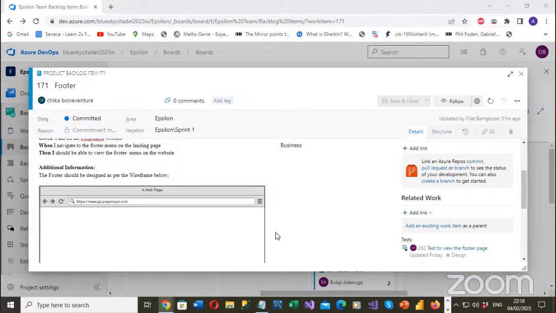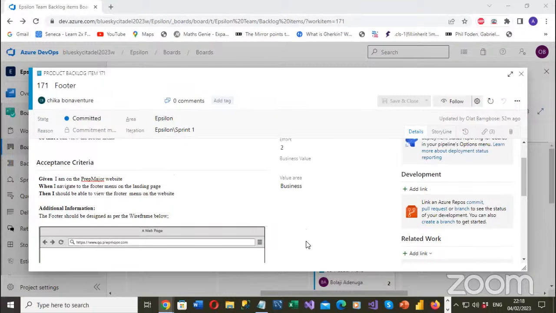The first test is written to say verify. I can verify test to view the footer page. Okay, you can view. Yeah, you can now say test to verify the footer menu items. That's how I'll title the next one. So once I launch the URL,